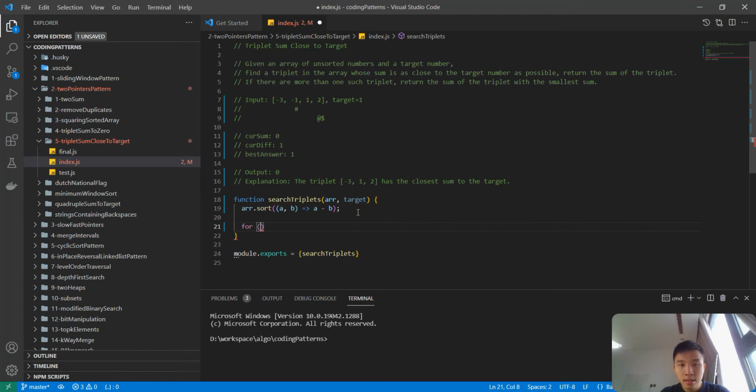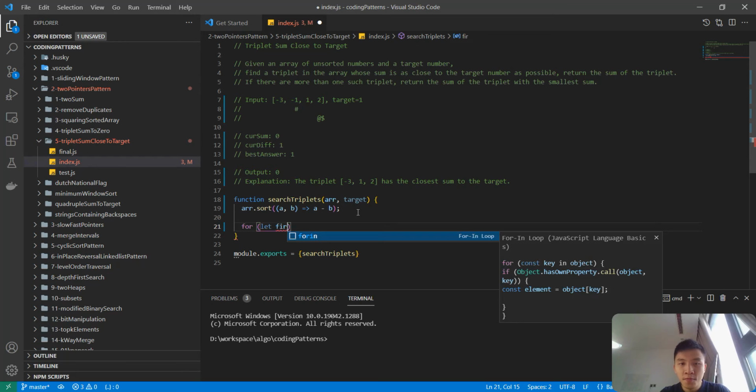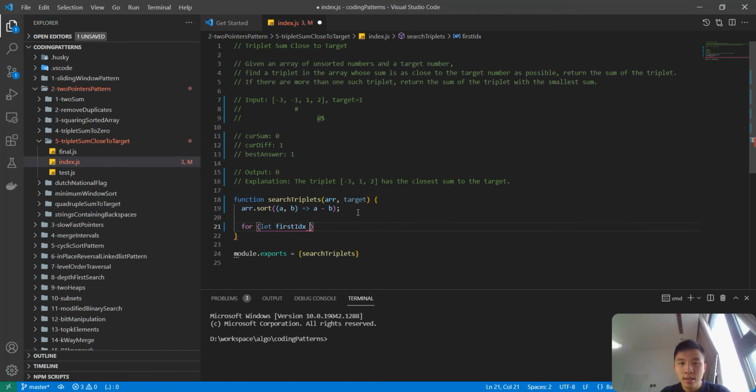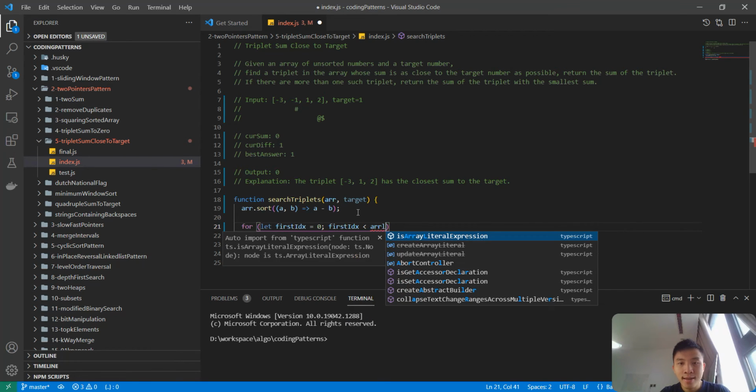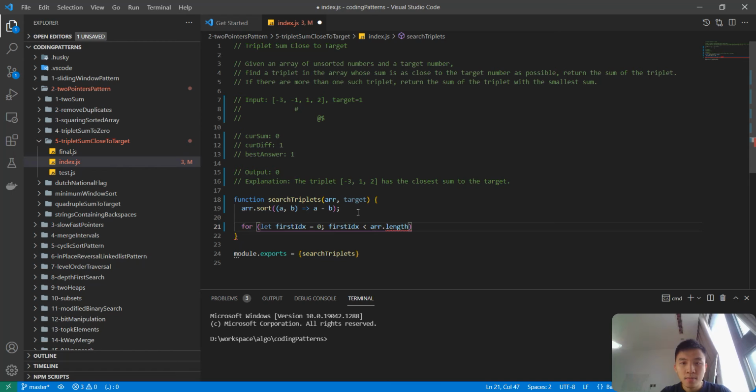So let's say the first one is first index, right? From 0 to array length, as long as it's still less than this one,